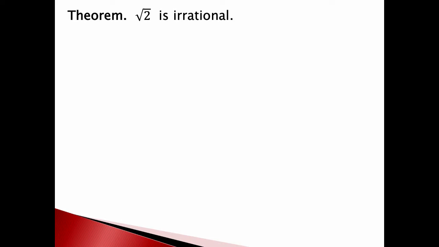1 squared plus 1 squared, you take the square root, you get the square root of 2. So you can actually make something without too much difficulty whose length is the square root of 2. And it turns out that the square root of 2 is an irrational number. You cannot write it as a fraction. It's not a member of Q. So that really disturbed the Pythagoreans. And it's a very, very cool theorem.